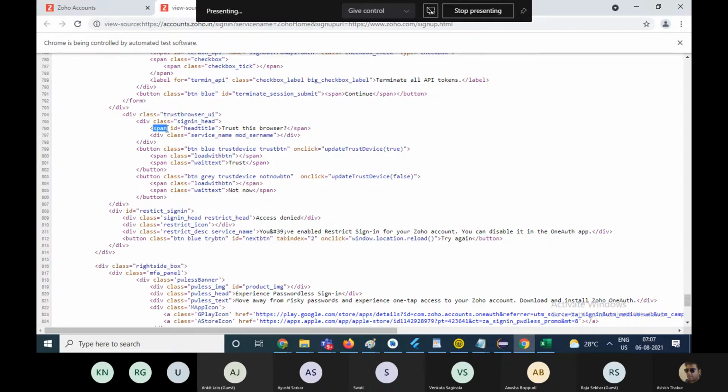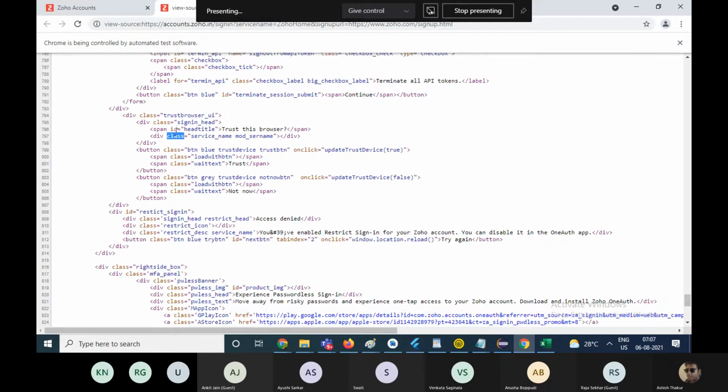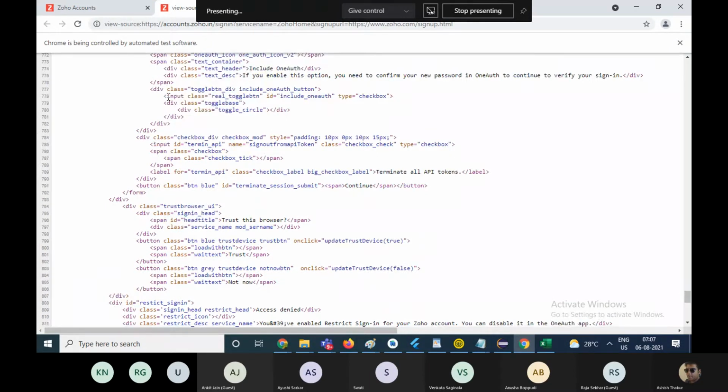This is the span tag, which has the attribute ID. This input tag has the attribute class, another attribute ID, and another attribute type. If you have any questions, then let me know.